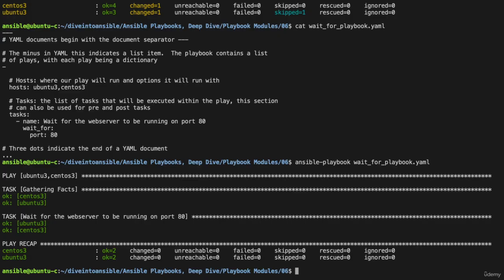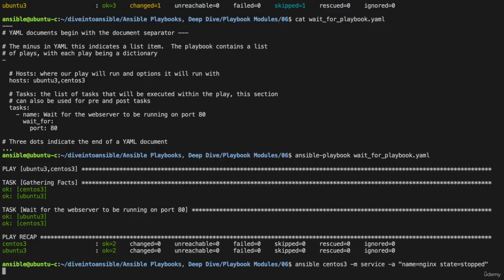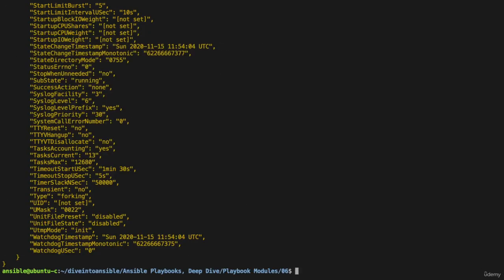Let's shut down the web server just on one of these. We could easily shut this down using SSH and service, but let's do this with Ansible instead. Okay, so this is stopped, so what we're going to do now is rerun the wait_for playbook, but this